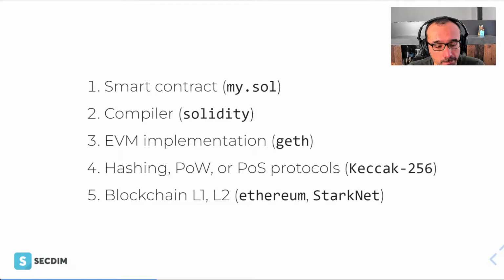For example, we may have an issue in a non-smart contract world. We may have an issue with the OpenSSL library, or we may have an issue with the TLS protocol. If we have an issue with the TLS protocol, that is perhaps similar to item number 4 on the screen, or when we have an issue with the OpenSSL library, this could be similar to item number 3, 2. One popular hashing algorithm used in the smart contract world is known as Keccak. It's similar to SHA-3. And finally, the blockchain itself.